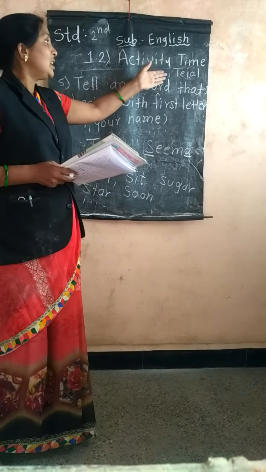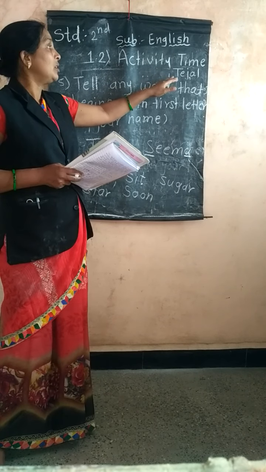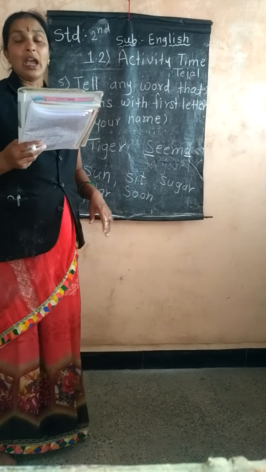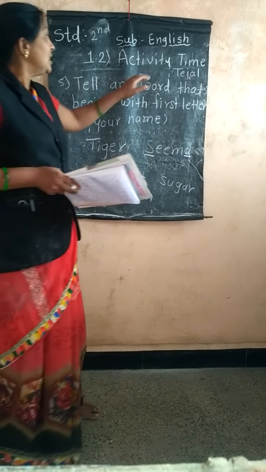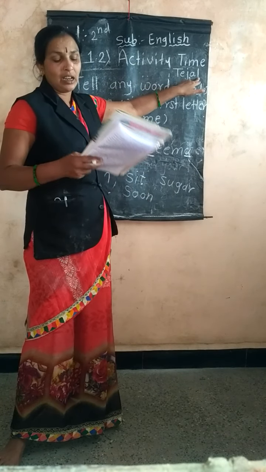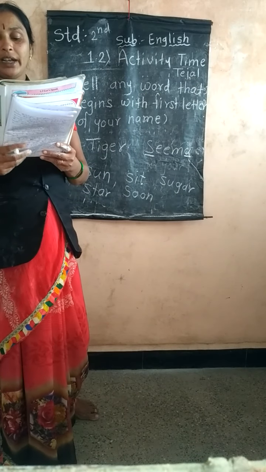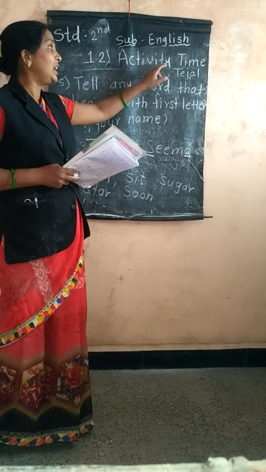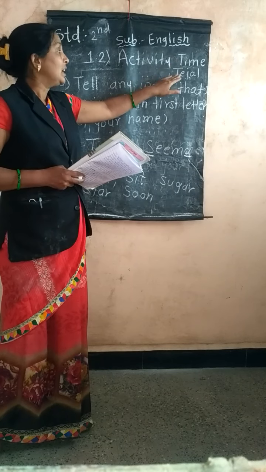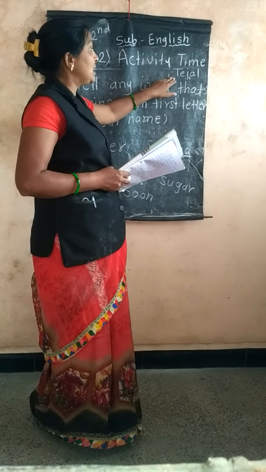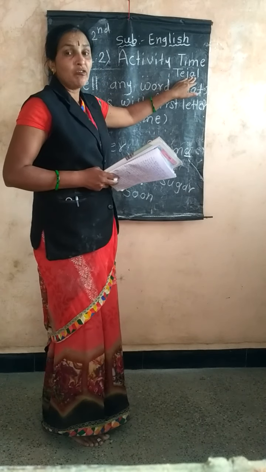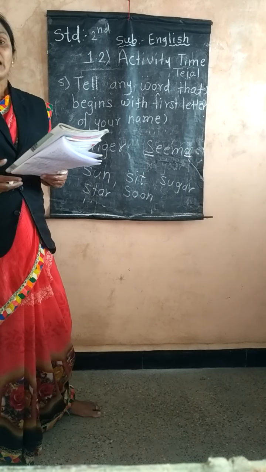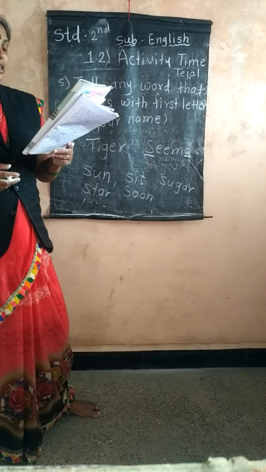Now listen, here the student tells the answer. His name is Tejal and the first letter of his name is T. And the last letter of his name is L. And how many letters are there in your name? Then the teacher asks the student, how many letters in his name? Now listen, 5. 1, 2, 3, 4, 5. There are 5 letters. Okay, now listen.